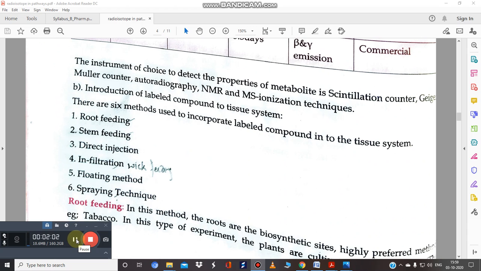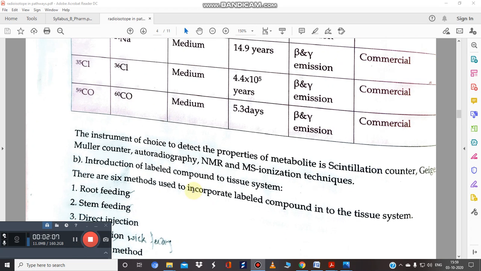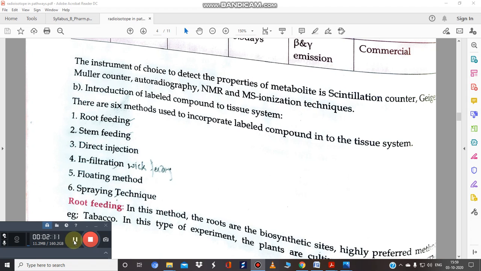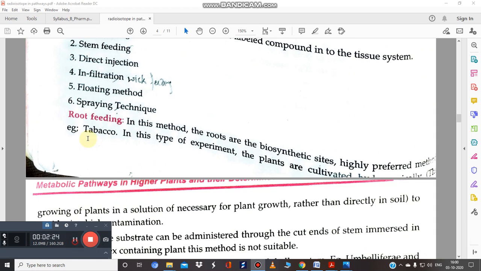Now the next step: introduction of this labeled compound into the plant tissue system. How will you do that? Very simple. We have different methods for that: root feeding, stem feeding, direct injection, infiltration, or you can say wick feeding, the floating method, and the spray technique. So first is